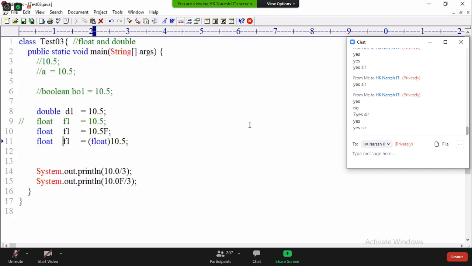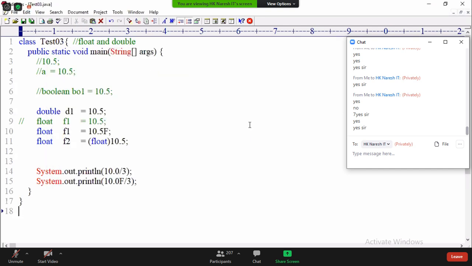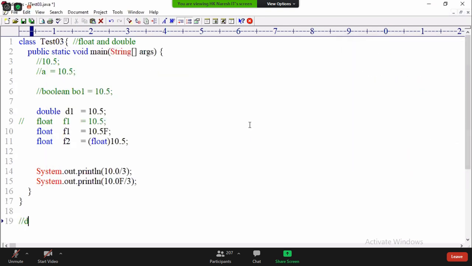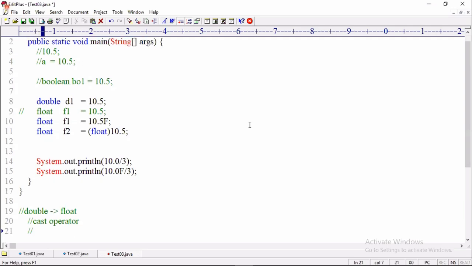I have to take a different variable name, f2. Did you understand my point? Tell me, how can we convert double to float? To convert double to float, you cannot use the assignment operator. You can use only two ways. Number one, using the cast operator. Number two, using a suffix character.